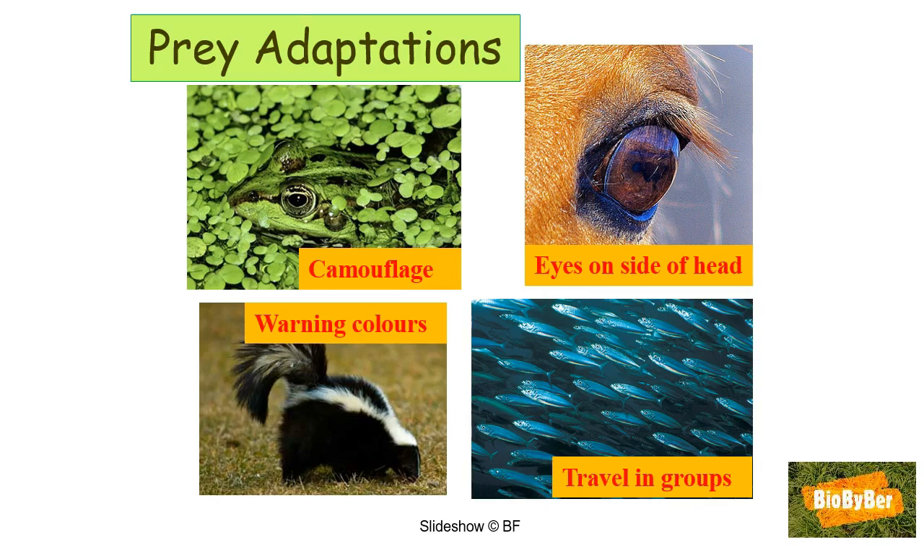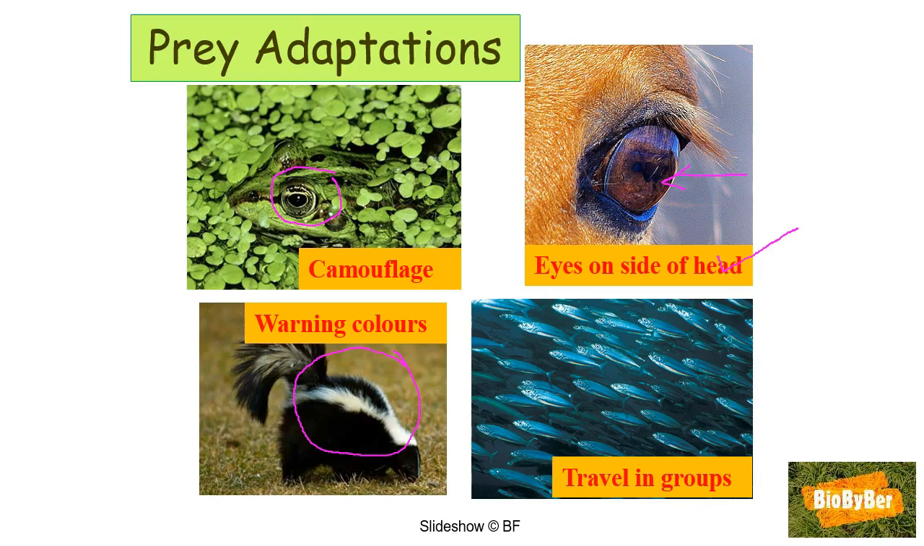Prey also have many adaptations to avoid being eaten. They might have camouflage. Where is that frog? Eyes on the side of the head so that they can see the predator coming up behind them. They might have warning coloration. White and black are warning colours in nature, like the red and the white and the black on the ladybird,